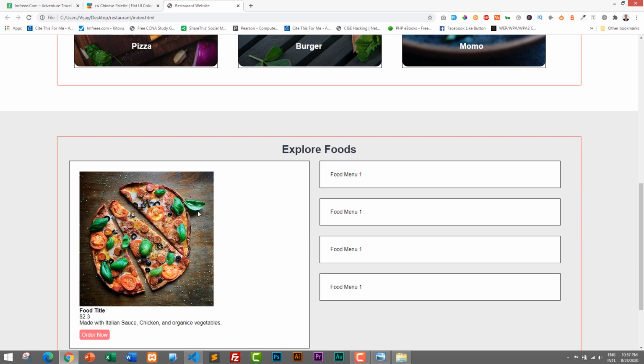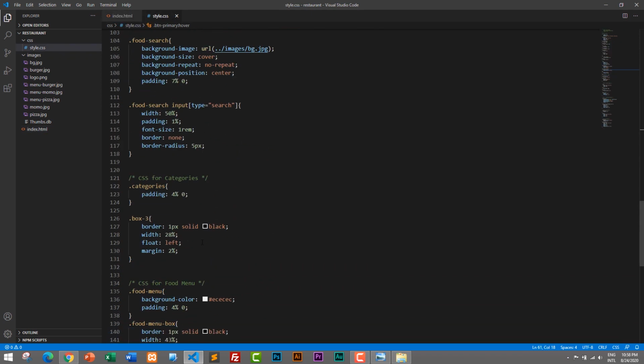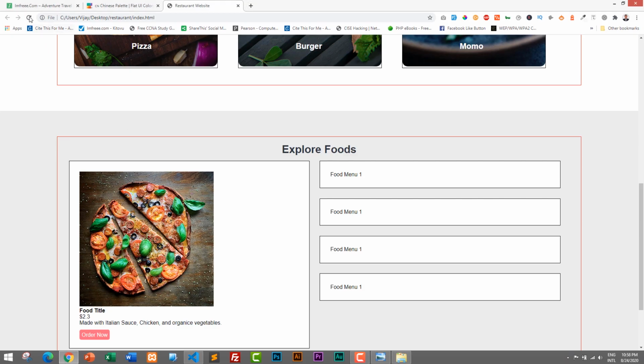Now it's big, but we don't want that big, so we need to give it a certain width, and we will float it on left and display all of the text on the right. So now let's give the width to our food menu img. So this is the class food menu img, so we will select that. So let's go to our food menu img dot food-menu-img, and here we will give its width as 20%. Save it and refresh it,